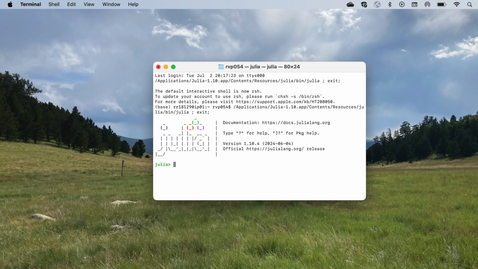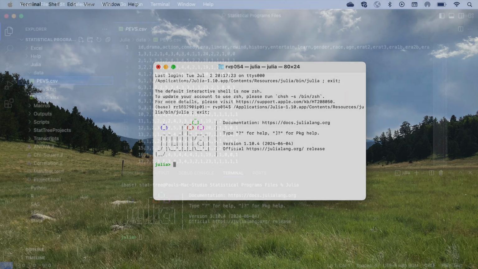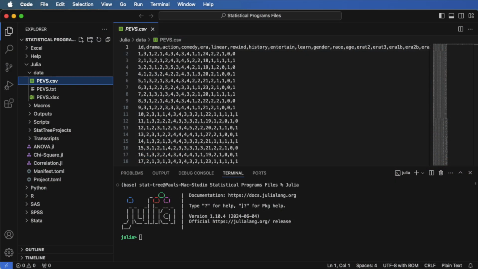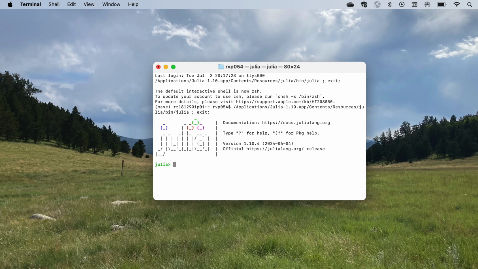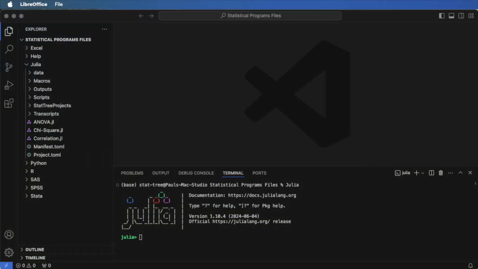To run tests on your data in Julia, your data must first be imported into the Visual Studio Code global environment for Julia. Julia is a terminal-based programming language, like R and Python, but can be run within a specialized IDE program. In this case, in a program called VS Code.